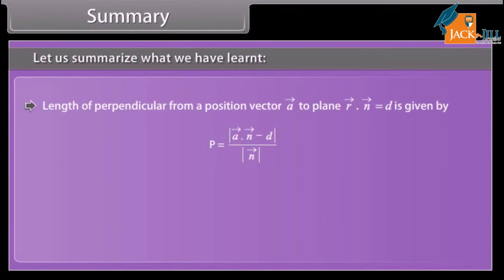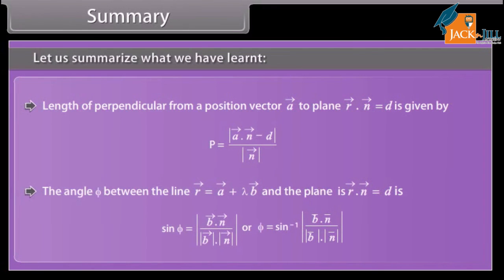The length of perpendicular from a position vector A to the plane is given by. The angle phi between the line and the plane is